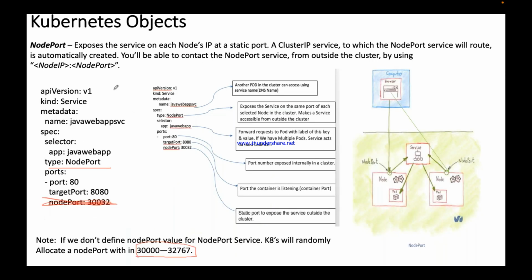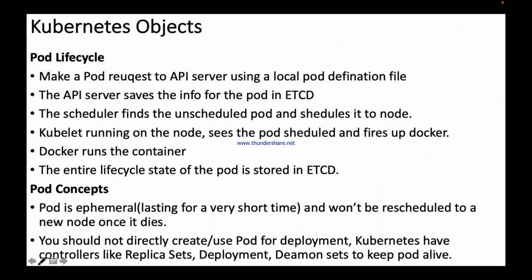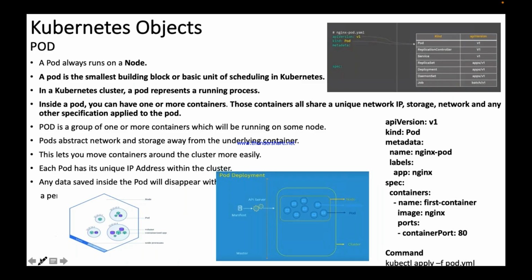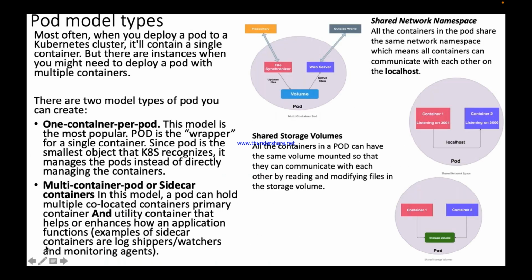Now, let's come back to the pod concept again. So, a pod always runs on a node. A pod is a group of one or more containers. We have different types of pods. Pod model types. So we have a single container pod, or also we can have multi-container pods. Most often, most frequently,